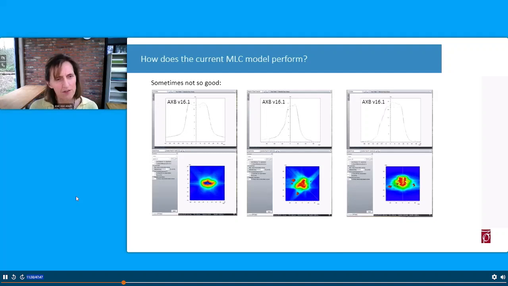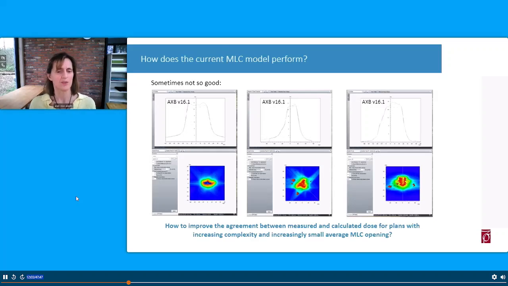It is very difficult to see, to define where the problem comes from, right? Or to define a tendency. We do see a tendency that for very highly modulated deliveries with very small average MLC openings and therefore high MU per gray, results deteriorate. So it is only natural that we want to improve the agreement between measured and calculated dose for plans with this increasing complexity. But it is not so easy to know who to blame, because there are many possible suspects,